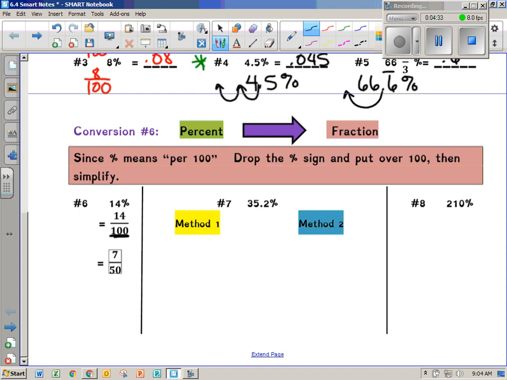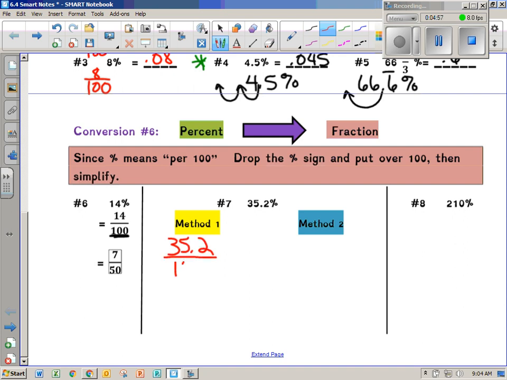So it's already a fraction, we just need to simplify. So 7/50. So let's try number 6, and we'll use 2 different methods. You can just always take what I wrote up here. You can just drop the percent sign and put it over 100. So if I do that, I'd have